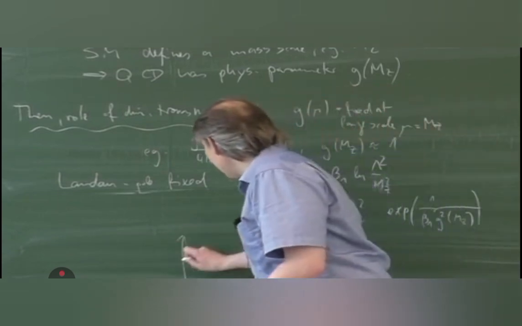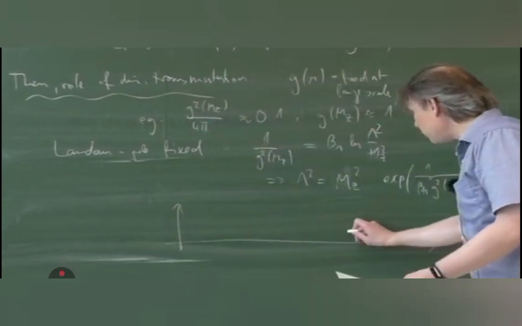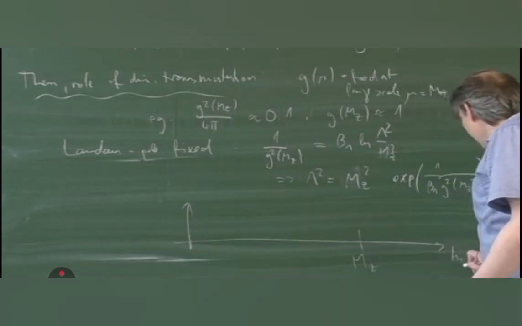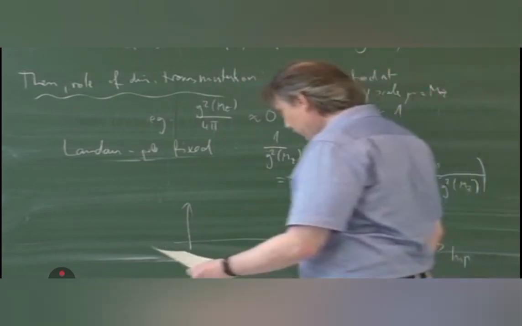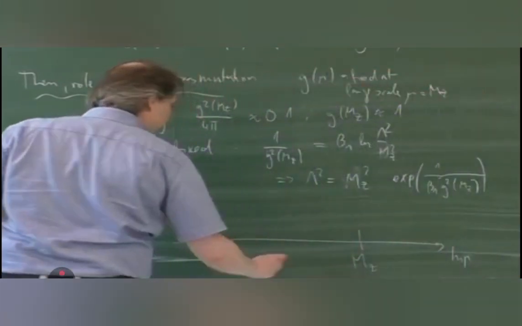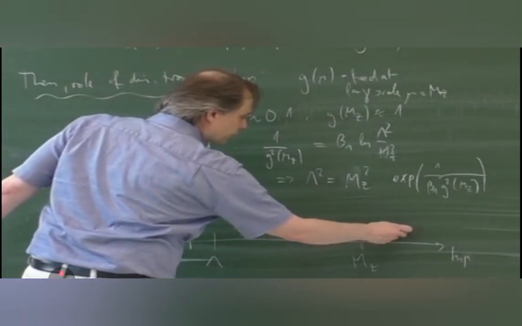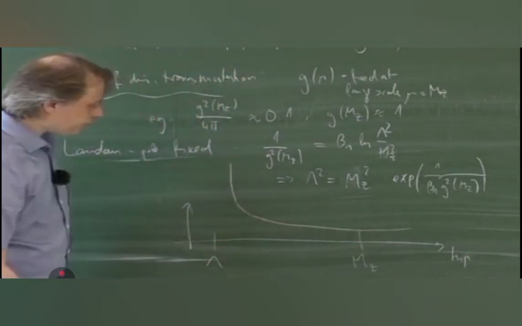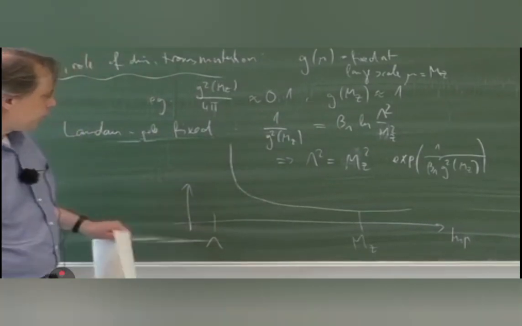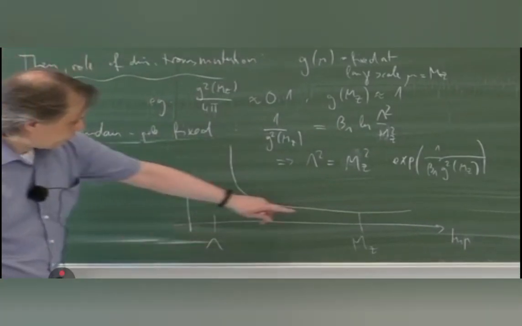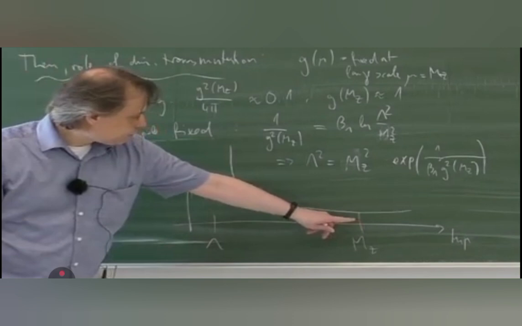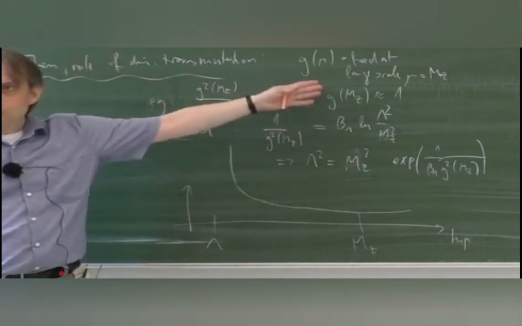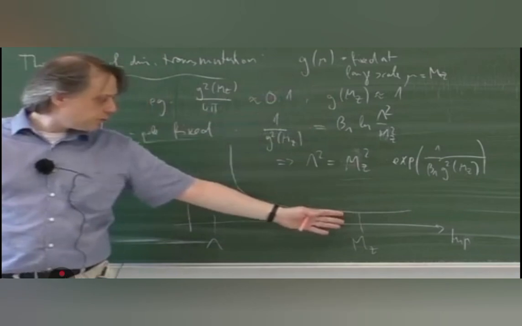And if we plot it, it looks somewhat like this. So here we have the energy scale mZ, here we have our new axis, and at some very small energy it looks approximately like that. And the point is now that our fundamental energy scale of the full theory is a very large value at mZ,